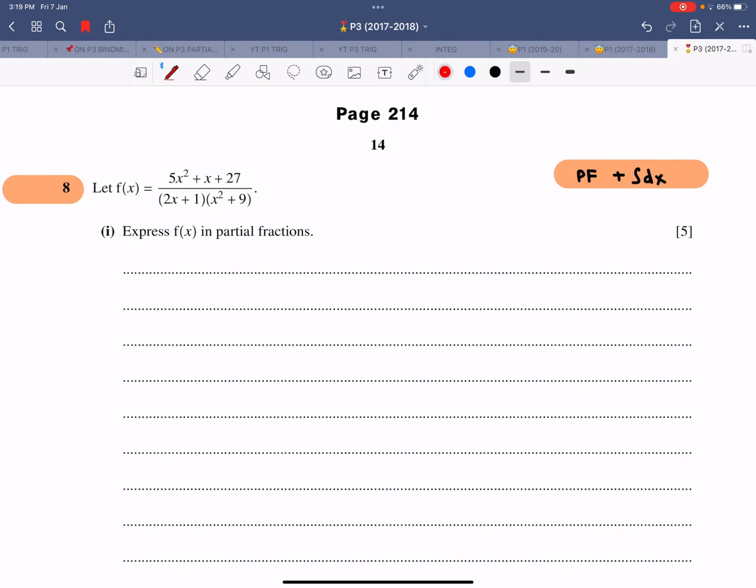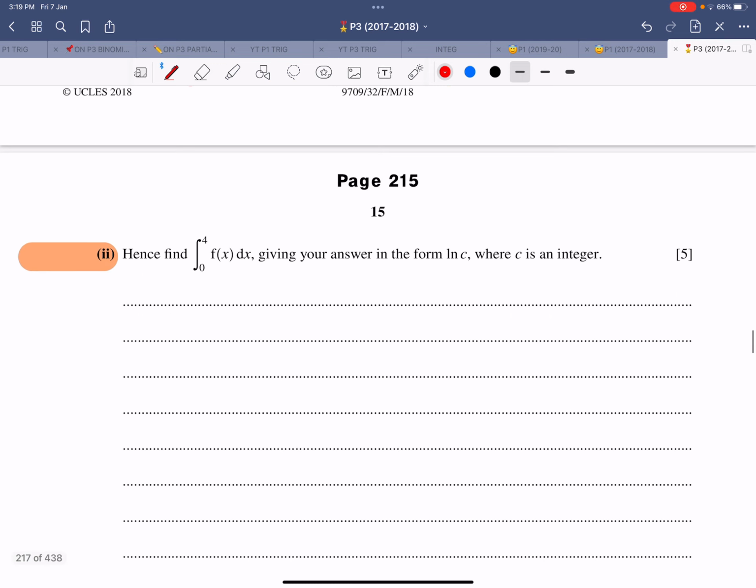Now let me move to the third question. I think in the first video, I'll be plugging in 3 questions, because 3 questions would be perfect for anyone to understand it peacefully and then move on to the next one. So now what is this question about? This question is about partial fractions. And with partial fractions, what else is needed? It could be a binomial question, or it could be a question related to integration.